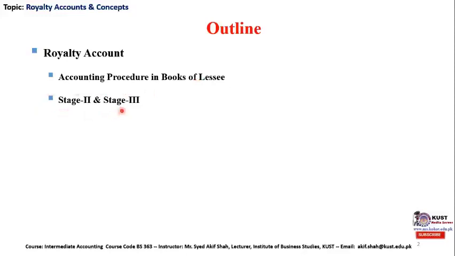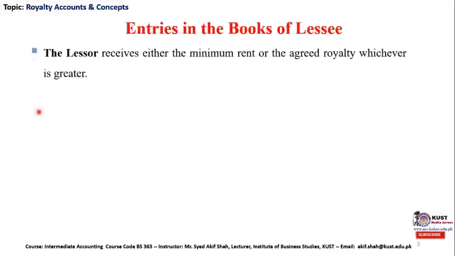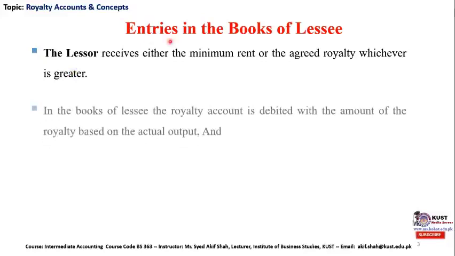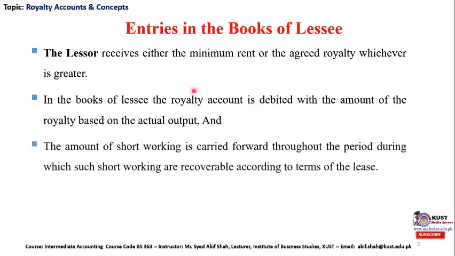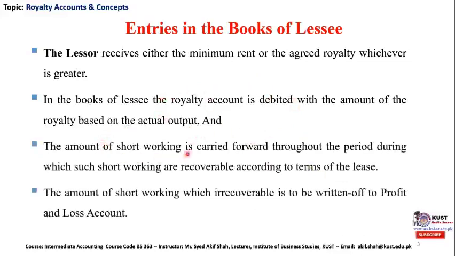Since we have already covered stage number 1 in the previous lecture, the emphasis will be on the discussion pertaining to stages 2 and 3. Here is a short recap of what we covered in the previous lecture, like entries in the books of account where the lessor is supposed to be paid the royalty fee or the minimum rent, whichever is greater. In the books of the lessee, we have to debit the royalty account. There was a short working account if we pay in excess of the royalty fee in a particular year, and then we have to write off any short working which is irrecoverable at the end